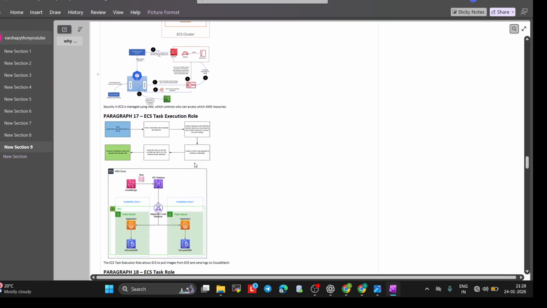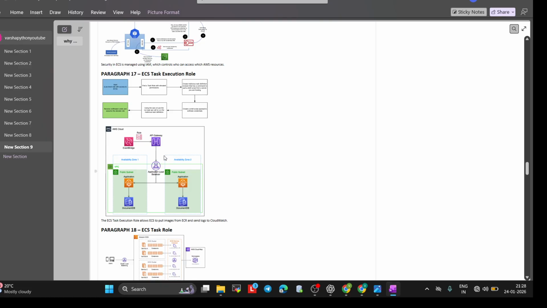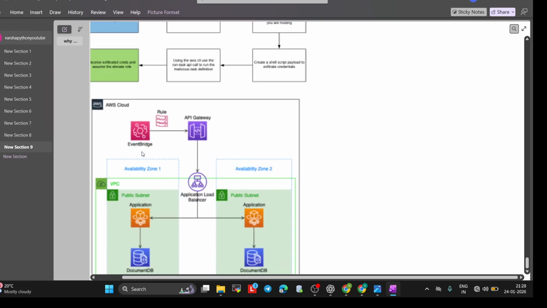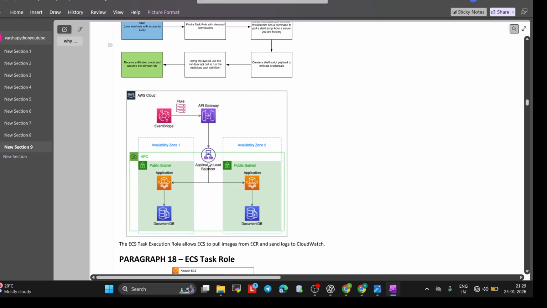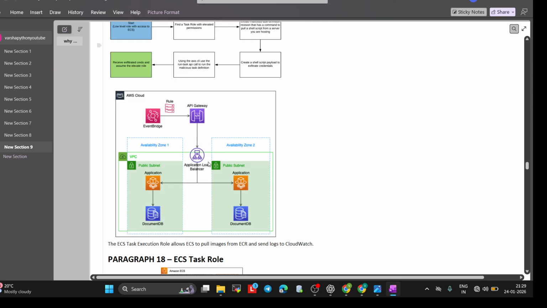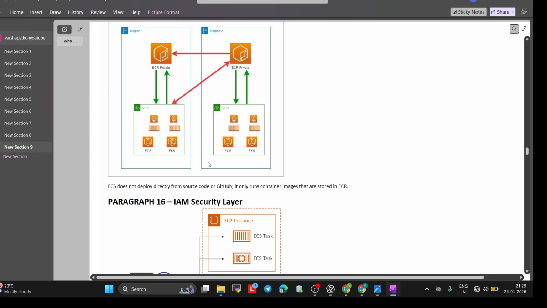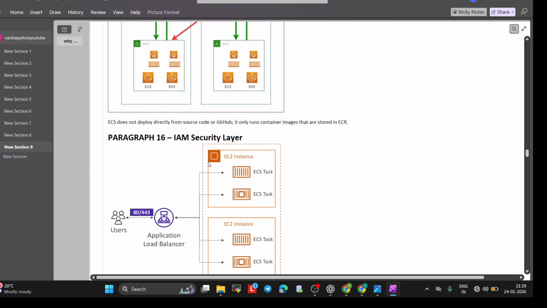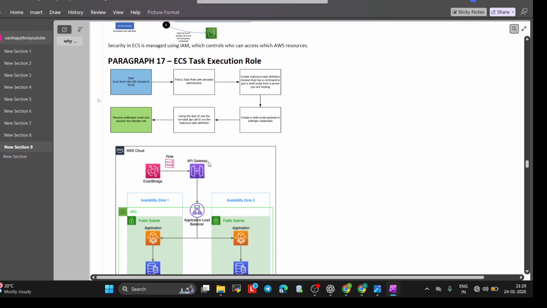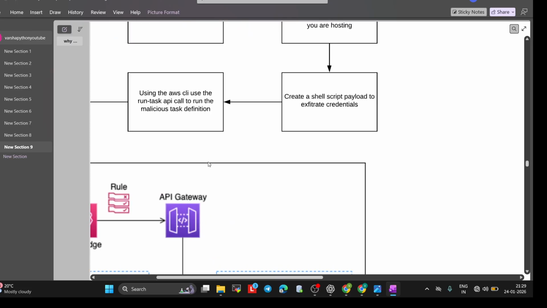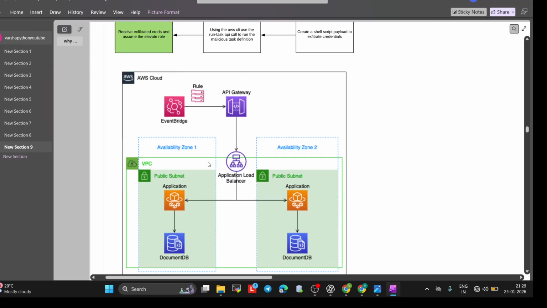IAM security layer. Now, ECS task execution role, what will it actually do? It starts with a low level role with AWS ECS, then finds a task role with elevated permissions, and all this flow will go. And this is the actual thing. Task execution role. So this diagram, if you see this one,